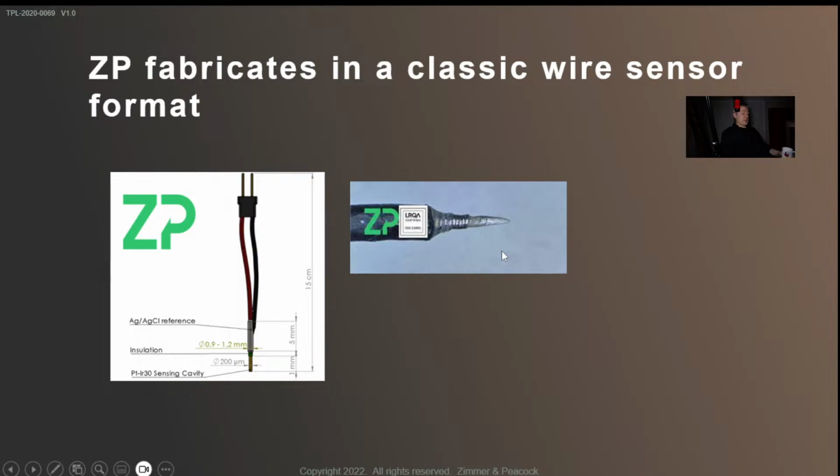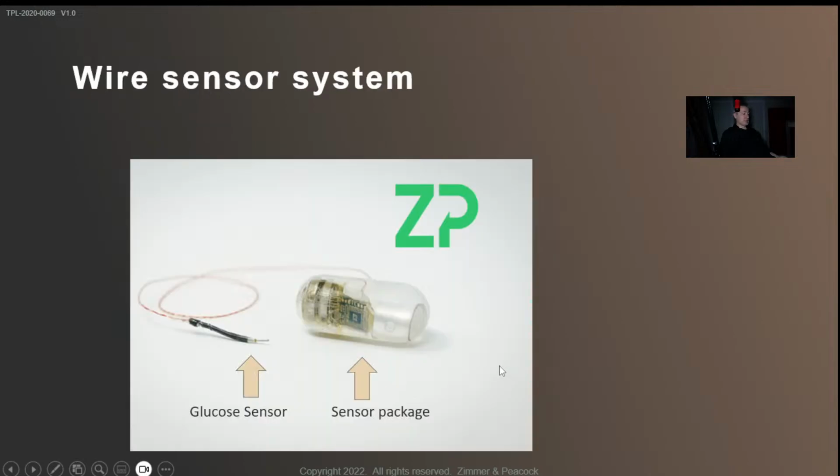Classic wire format may not sound so classic to you because you may not be in our field, but if you know these CGMs, these continuous glucose monitors that people are wearing, these little patches, they're using what's called a transdermal filament, but you could also call them wire systems. So we're pretty familiar with that. In fact, we have built this system in two versions, one for glucose and one for cortisol.